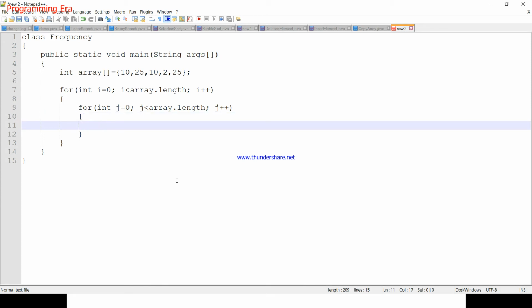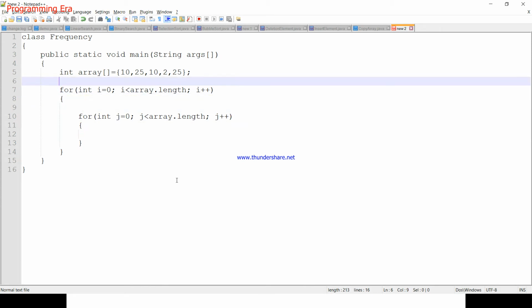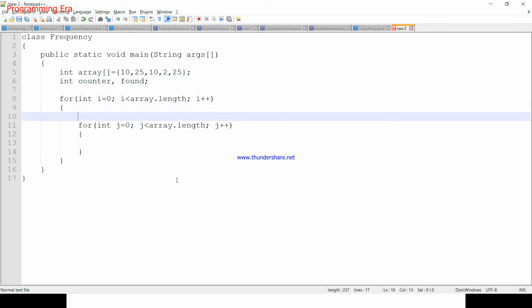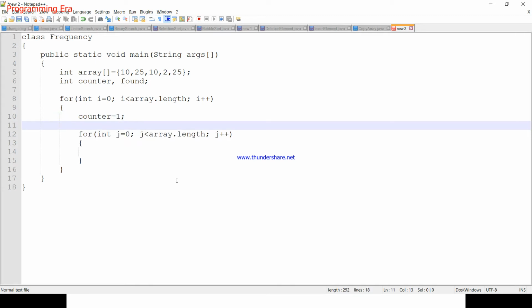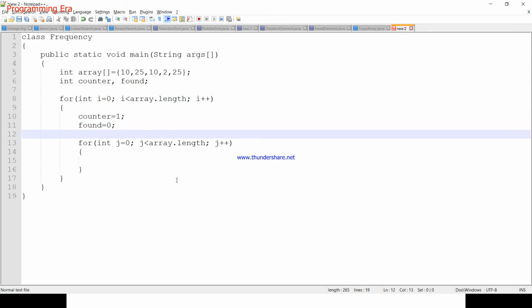In the j loop, we will declare two variables: counter and count. Counter will be set to 1 and count will be set to 0 in the first loop.